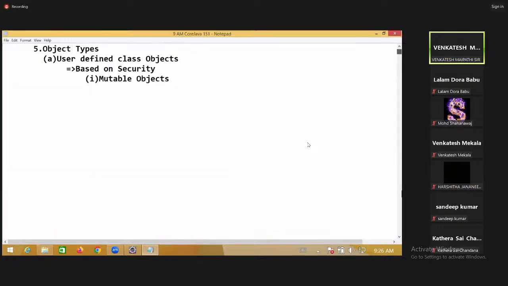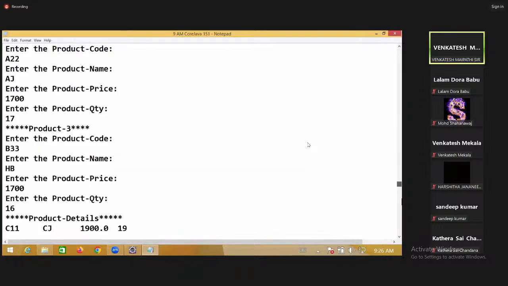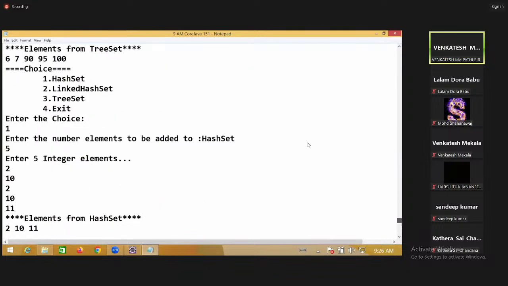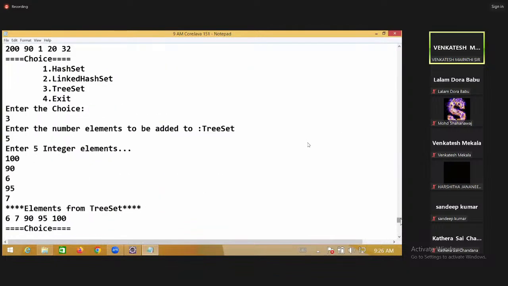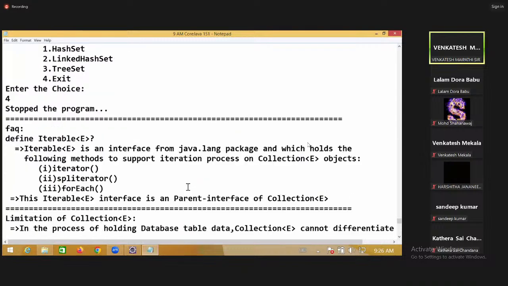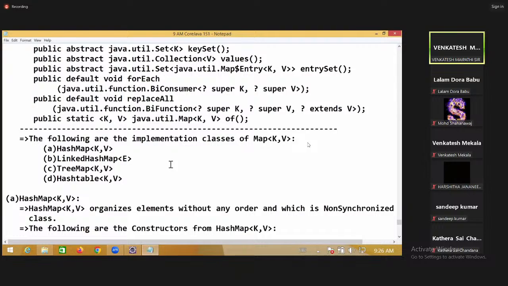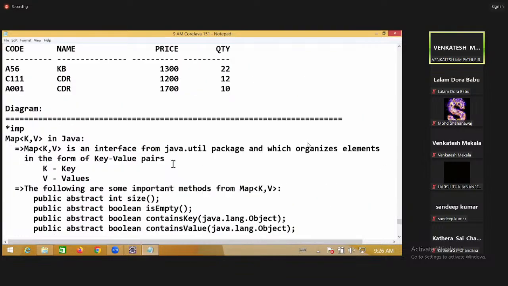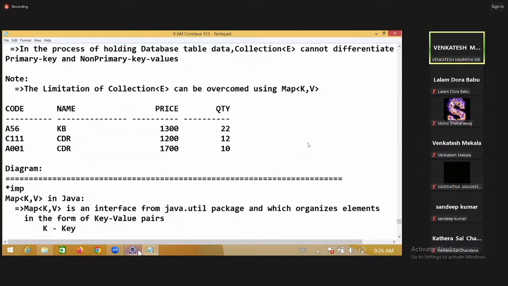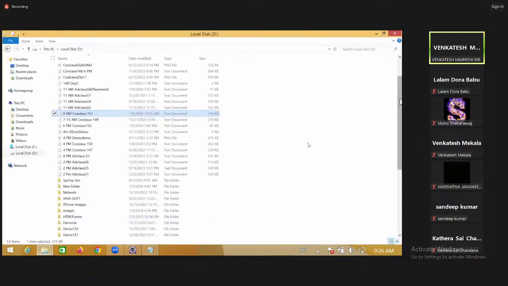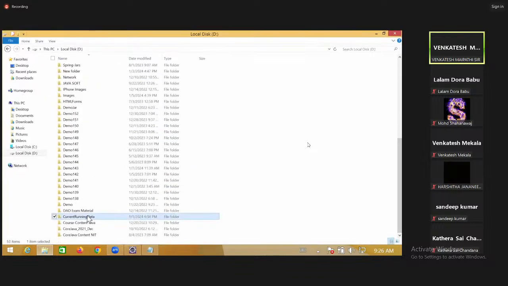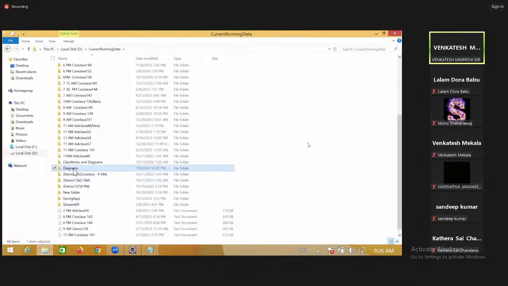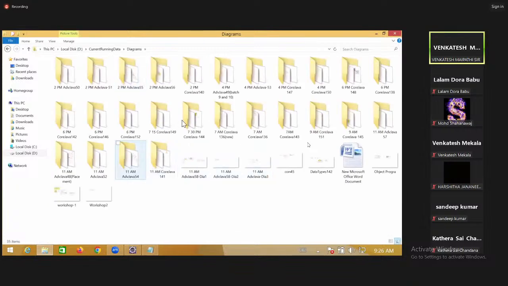So everybody should know there is one map available. So collection map. Actually, the sequence is array, collection, map like this. The third component is map, we are saying. So why are we going for map? In the process of holding database table data,